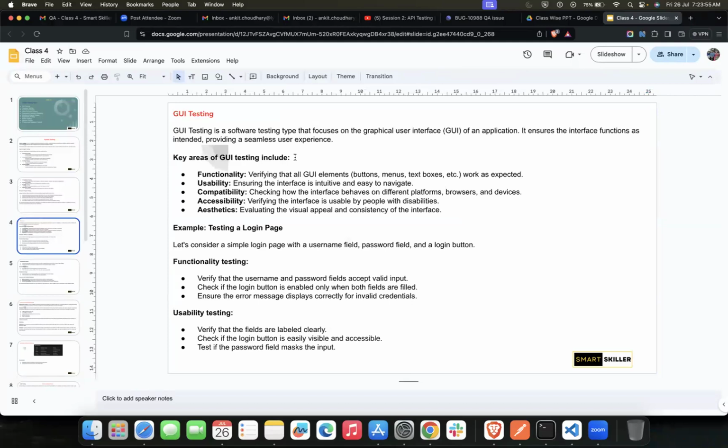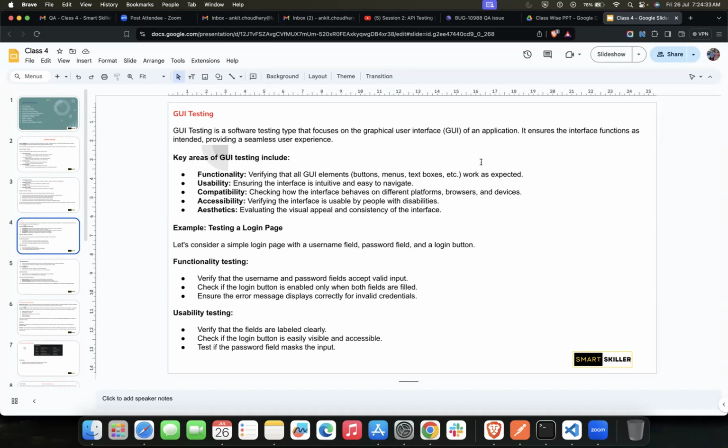That's GUI testing. GUI testing is the very basic testing and the most important testing that a tester has to do. Graphical user interface, that's what the full form of GUI is. It basically refers that we would be testing the UI to make sure that the functionalities or the entire system is working correctly, and that we do this testing through the graphical interface.